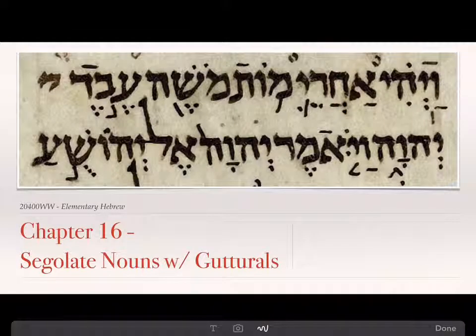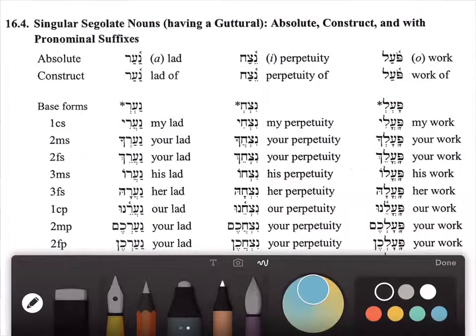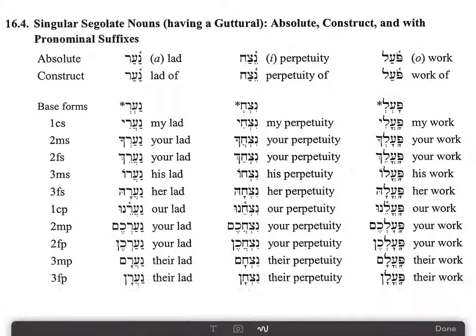We are now looking at chapter 16. These are seglet nouns, this time with gutturals. So the overall concept is going to be very similar to chapter 15 that we just looked at. However, this time, when we get to the end of the word, having written it out, what we're going to find is that this R2